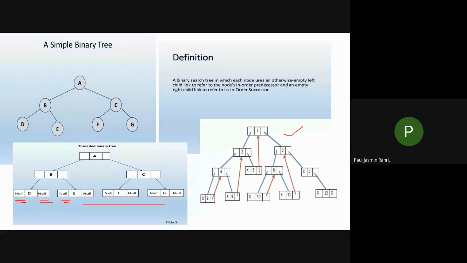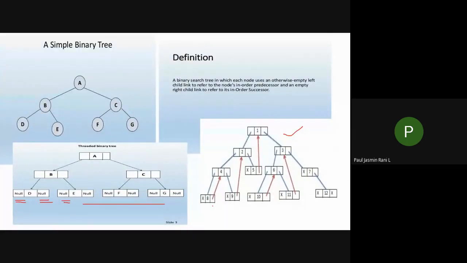Okay, so how we are going to fill that thread means you are going to take the parent address and fill it over there. Let's see how we are going to fill the parent address. First you are going to take the in-order successor. After taking the in-order successor, you are going to fill the address over there. So that address we call a thread. I will explain that in your next section. For the time being, you remember that.